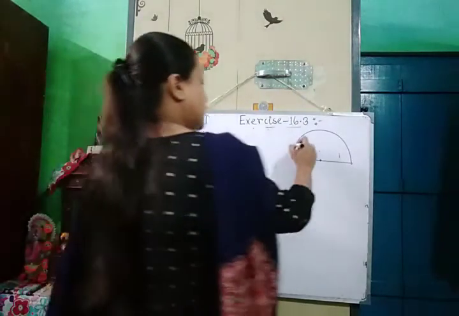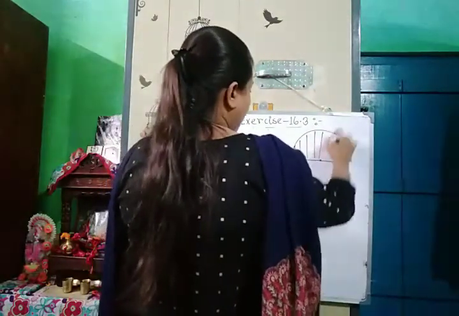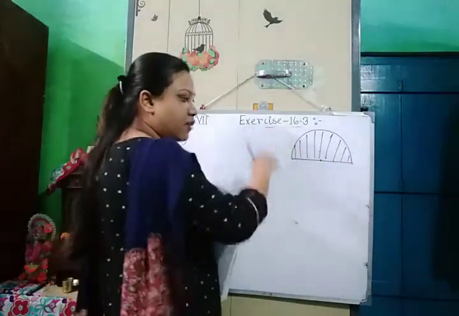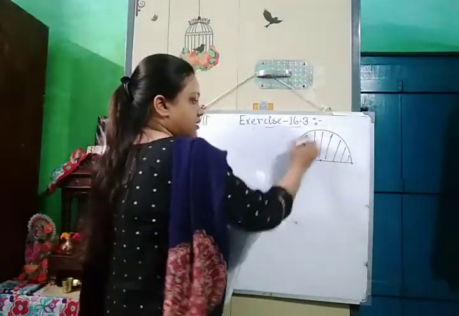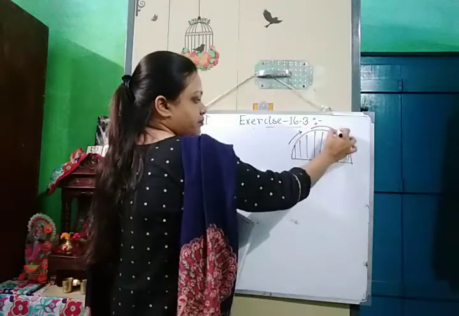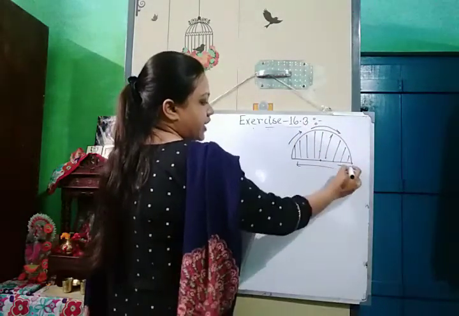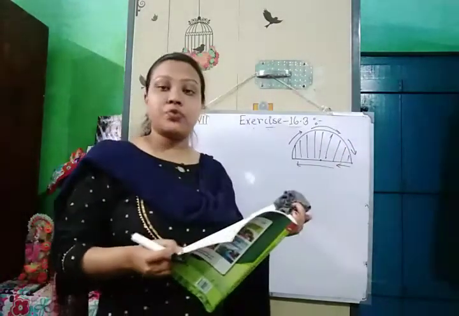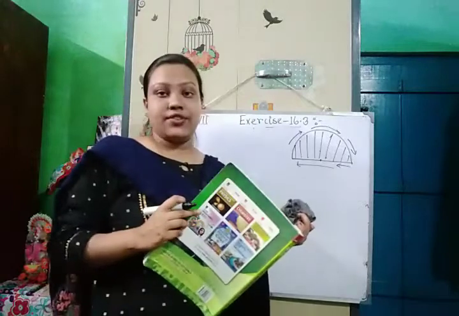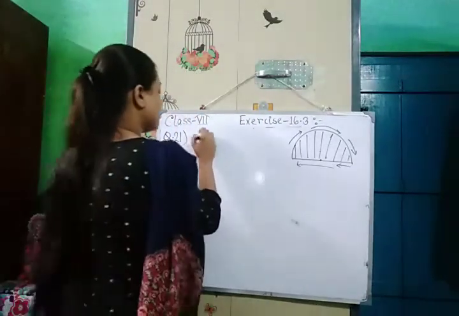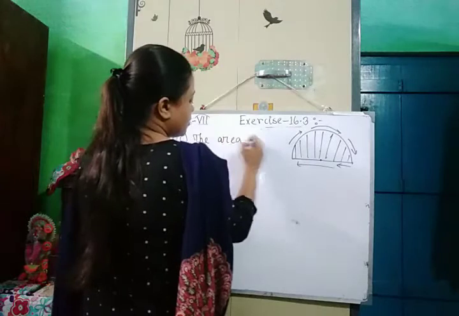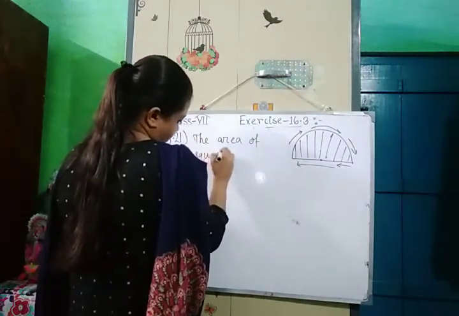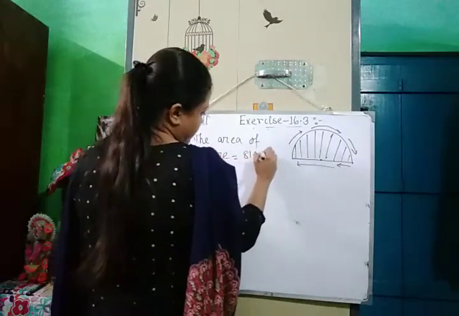Yes, we need to find out this area. Before that, you have to know that this semicircular arc is bounded by a wire. This is a wire. This total length is the length of a wire, which was first bent into a shape of a square whose area is given. So the area of the square equals 81 centimeter square.